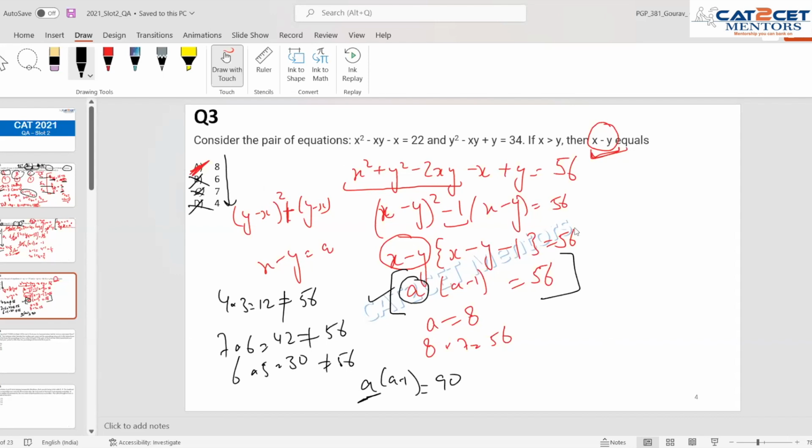Great. Guys, should we move to the next question? And talking about the round, before moving to the next question, what do you think? Yeah, unanimous, round 1. Few people are saying round 2, but again I think it should be round 1, provided you get this thing clicked, where you get the gist that you need to add the equations. If you got that much, then again I think it was a round 1. Hardly a 60-second question. Cool. Almost all are saying round 1. Let's move to the next question.